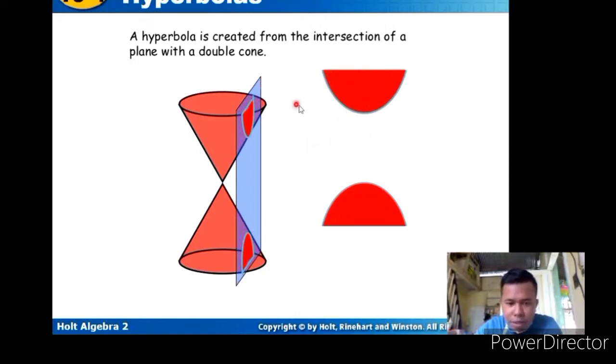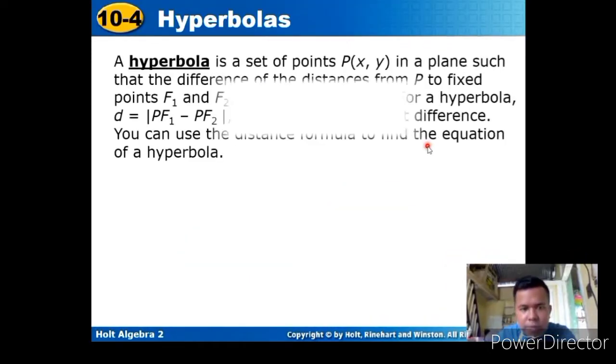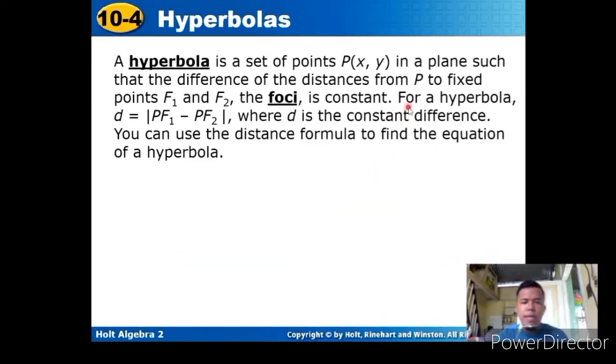It looks like two parabolas, but it is not two parabolas. So if we cut parallel to the axis of the cone, then we will get this conic section, hyperbola. So a hyperbola is a set of points, which we name the point P with coordinates